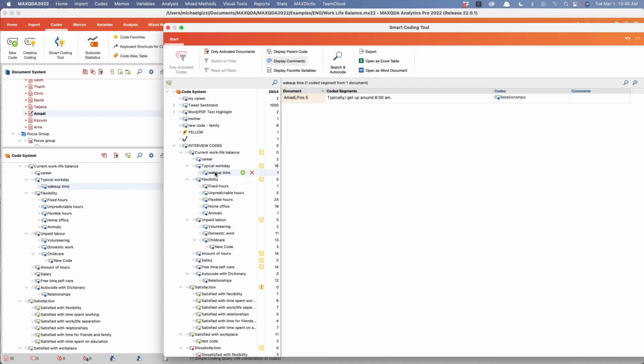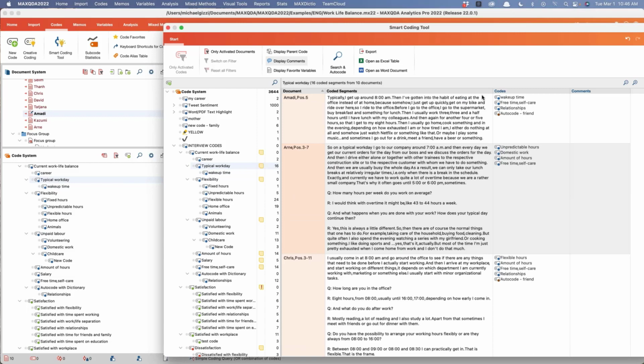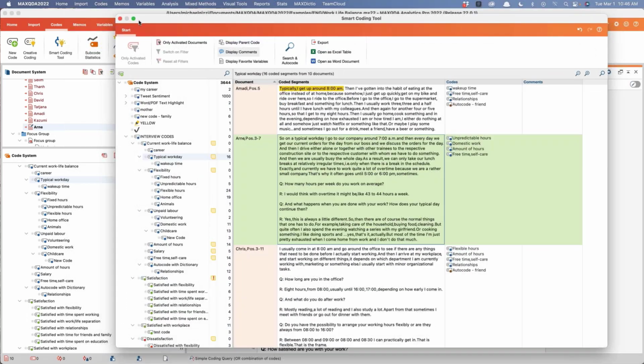Notice when I clicked on wake up time, it shifted my Smart Coding tool. So I'll go back to typical workday. Now wake up time is in there, but wake up time itself is only this. The rest of this is not coded as it. So I'll point out,